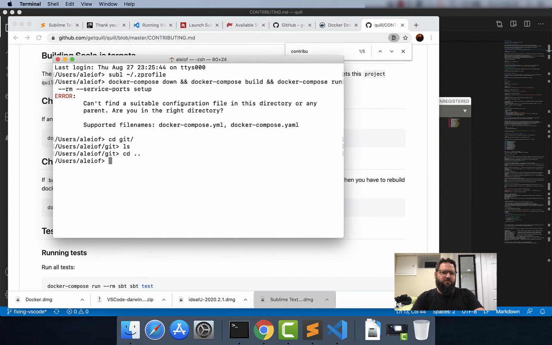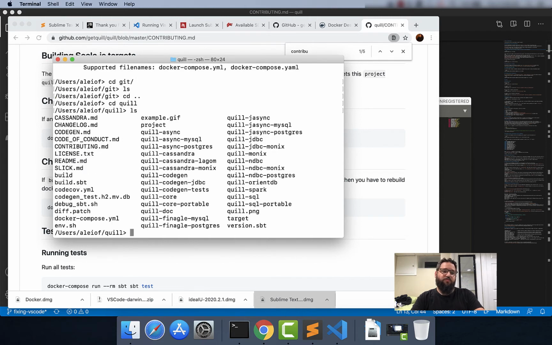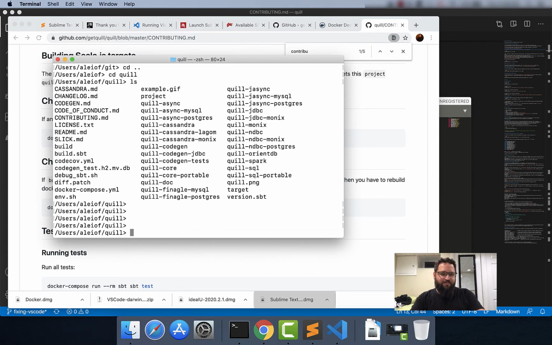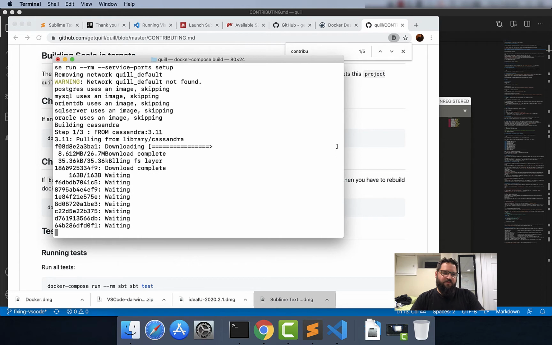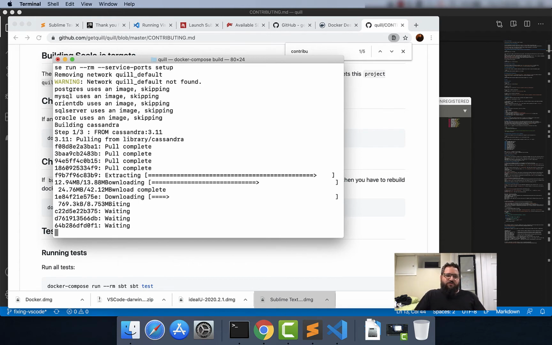Wait, where did we put Quill? Did we put it? Oh, whoops, we put it directly in here. All right, fine. Let's do that. So there we are. We're downloading our containers, pulling everything we need to pull,